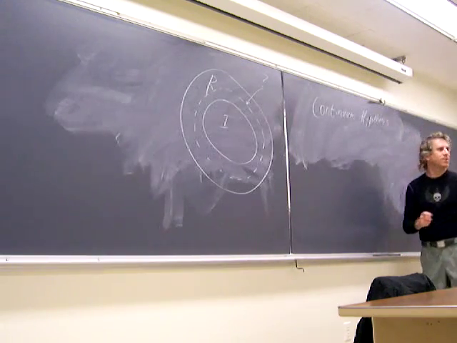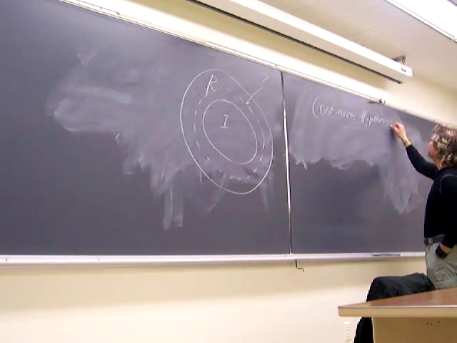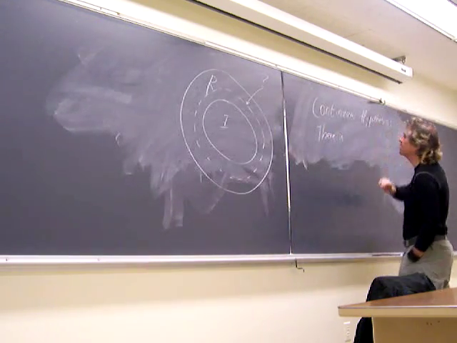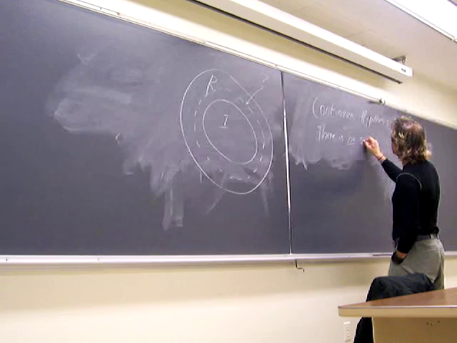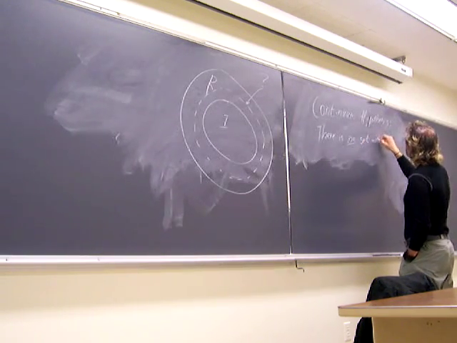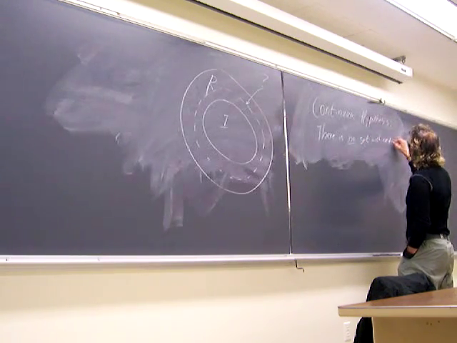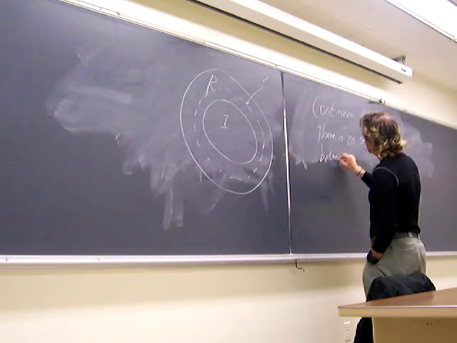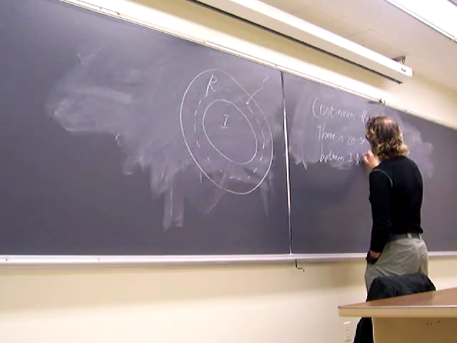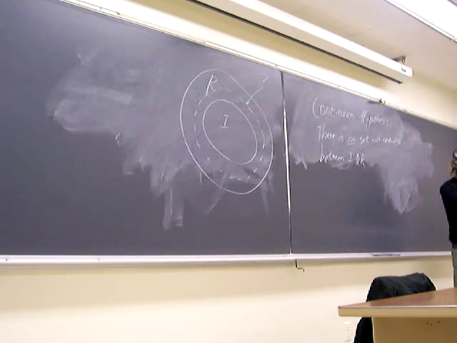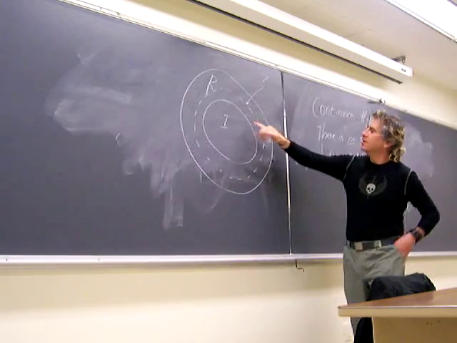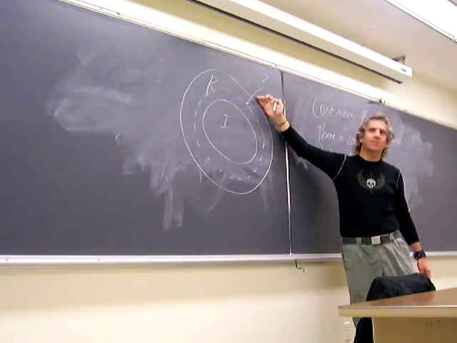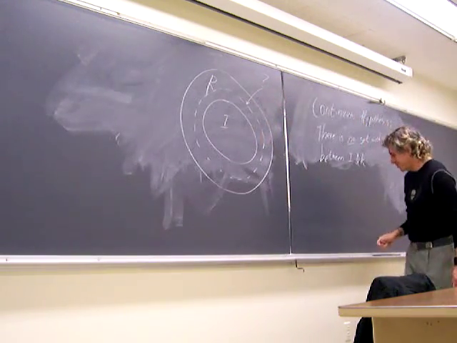And this is called the Continuum Hypothesis. Sorry, the Continuum Hypothesis says there is no set with cardinality between the cardinality of the integers and the cardinality of the reals. If you have more elements than you have in the integers, then you have at least as many as you have in the reals. It's a continuous jump in cardinality.